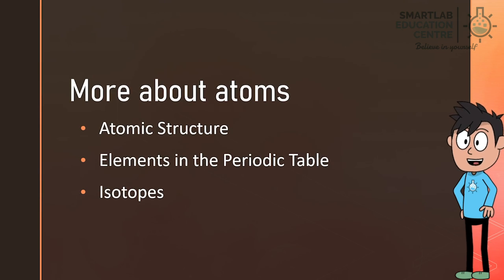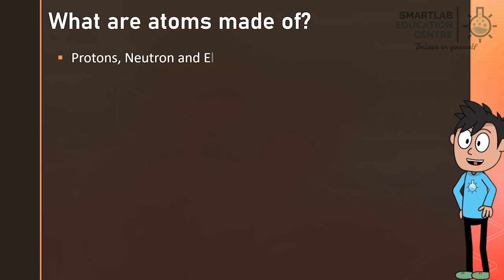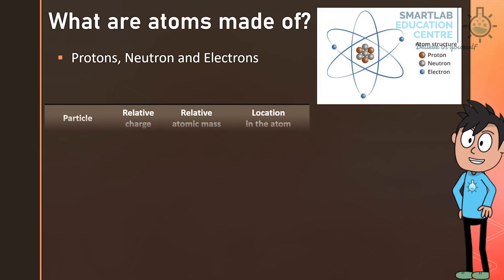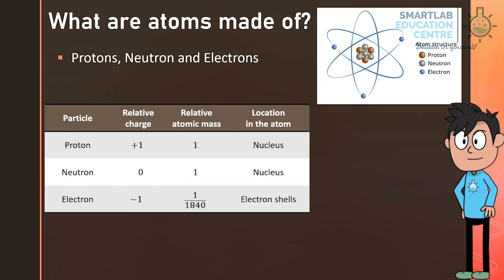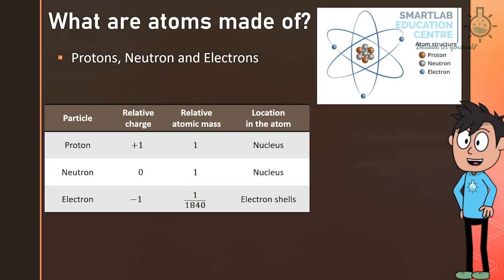Next, we discuss more about atoms, the atomic structure, the elements in the periodic table, and the isotopes. Atoms are made of protons, neutrons, and electrons. Each proton has one positive charge, and its relative mass is 1. A neutron has no charge, its relative mass is also 1, and both neutrons and protons make up the nucleus, located